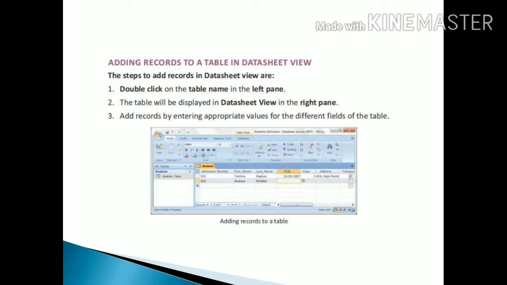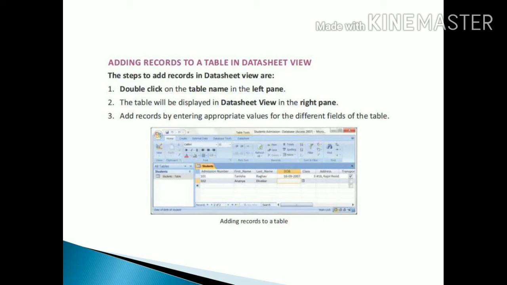So suppose if you want to enter the records here, you just have to first select the table whichever you want, left side. Then here it will be displayed in the document pane wherein we are entering the data. Then wherever here you have to click and enter the details. So this is how you are adding the records, deleting the records, renaming the fields, inserting a new field in a design view. So these all options I have explained to you, children.